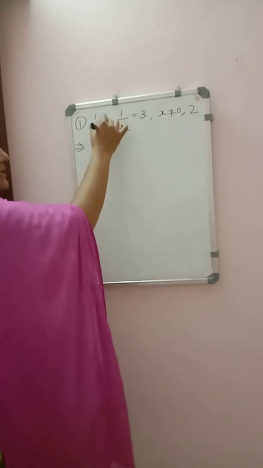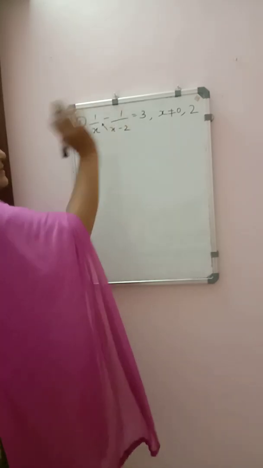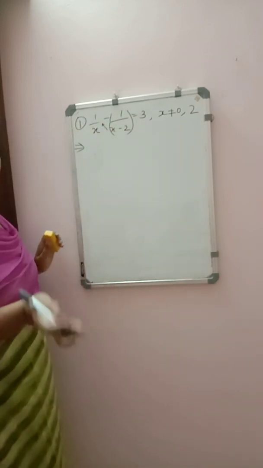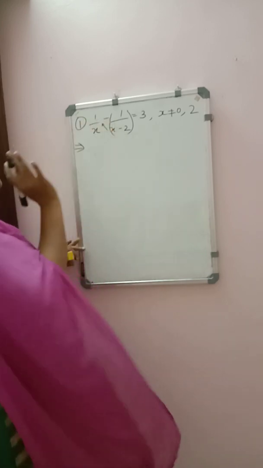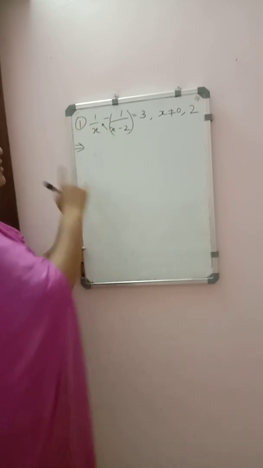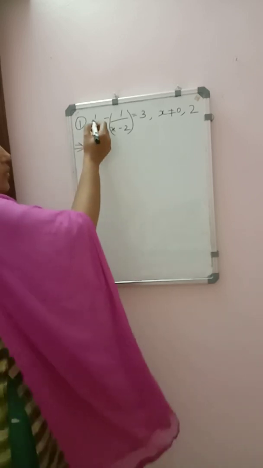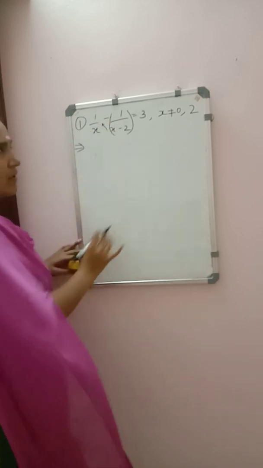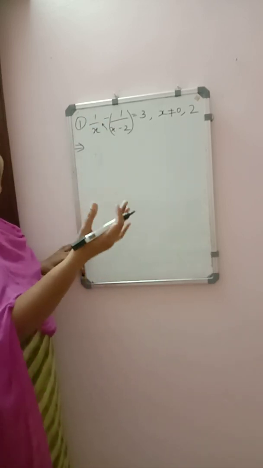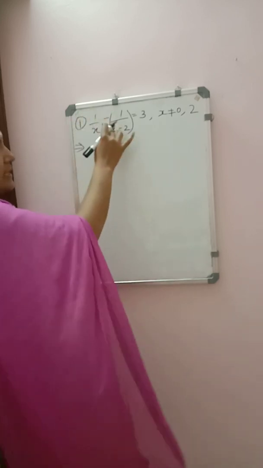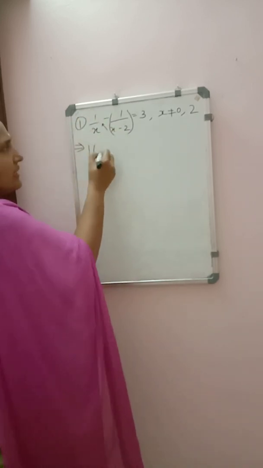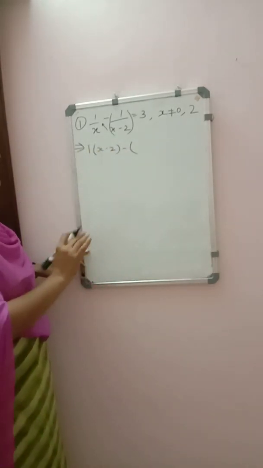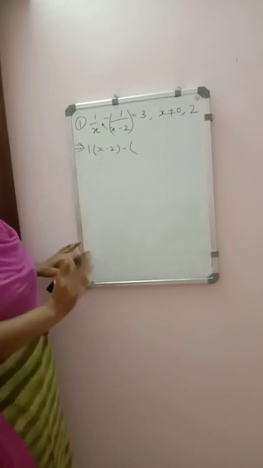x minus 2 will get multiplied by 1 and then x will get multiplied here. And whenever a negative sign is there, put the bracket, whether it is given in the question or not. Now I am going to do the cross multiplication. 1 will get multiplied by x minus 2. Since it is the first question, I am writing all these steps. From the next 2 or 3 questions, we can rewrite it directly. 1 will get multiplied by x minus 2. After that, the minus sign is there, so you can put the bracket, so chances are that no mistakes will come.